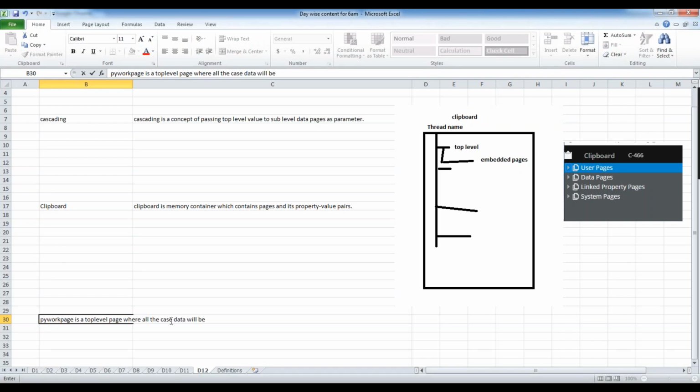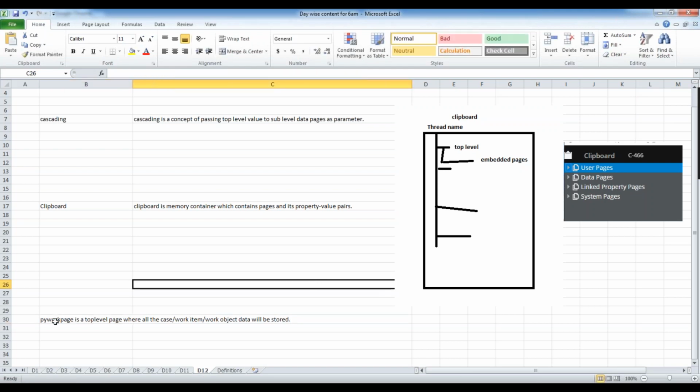Case, work item or work object, people will use different terminology, data will be stored there.